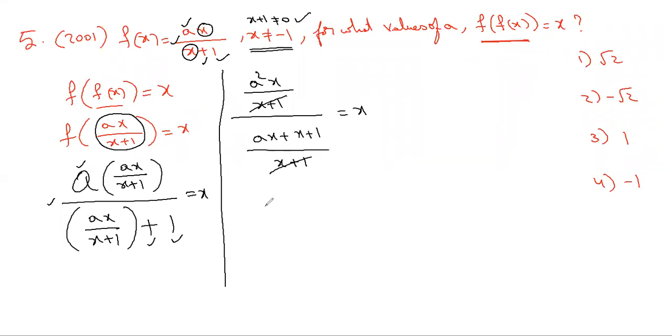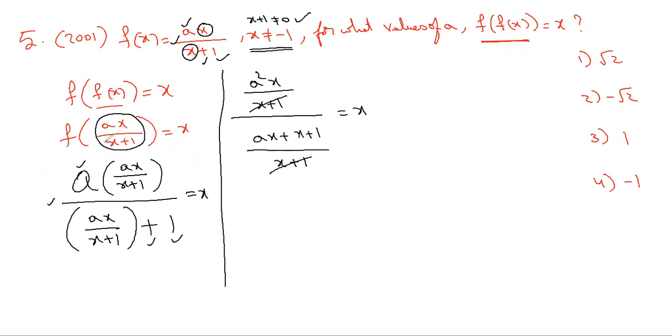So, just one doubt. f of x equals x, in place of x we don't substitute anything? No, we don't need to substitute anything. It's just x remains as x on the LHS, only f is there. That's why we are calculating f of x, because the definition is given. Here also, we are not substituting anything in place of x. The f of x definition as it is, we are substituting.